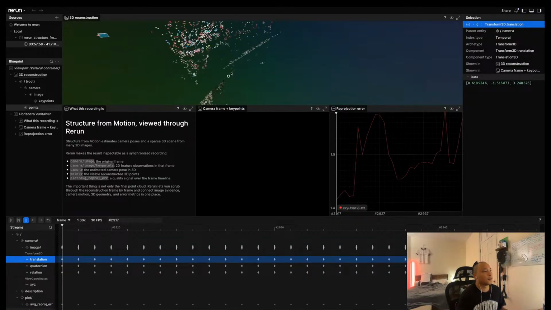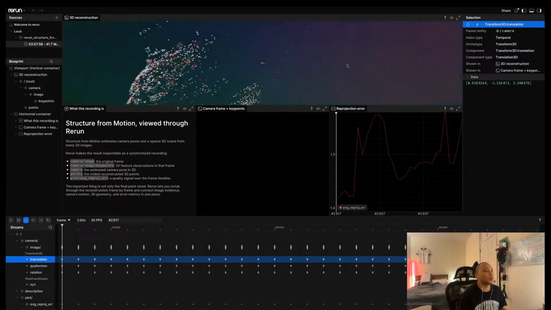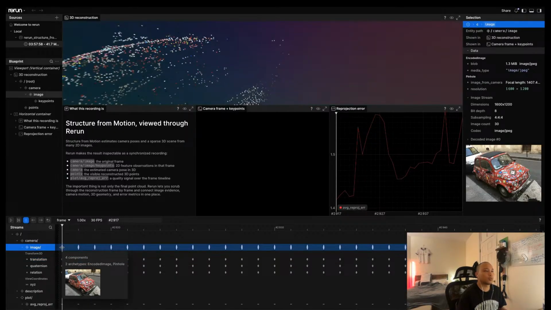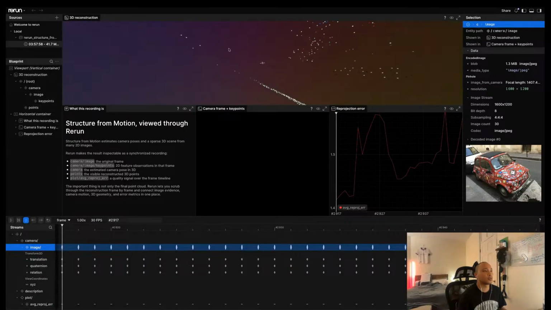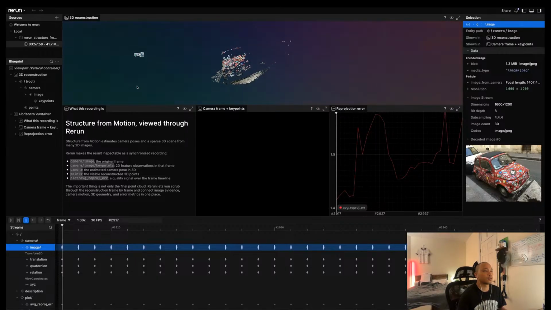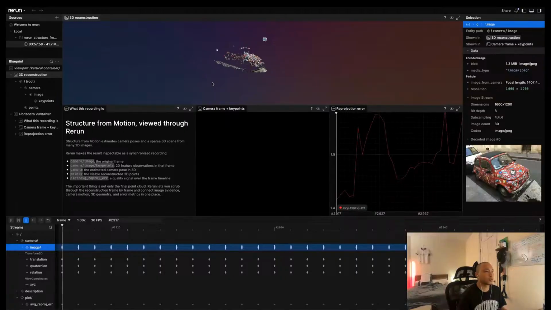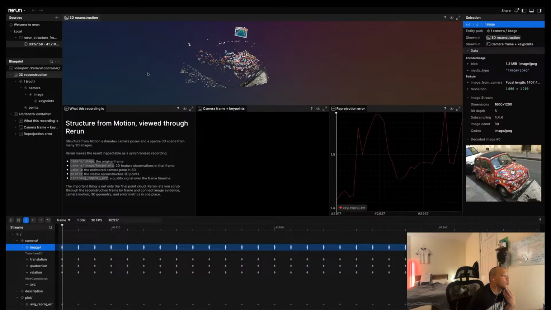Let's see. So this is what is 3D reconstructed, is it?